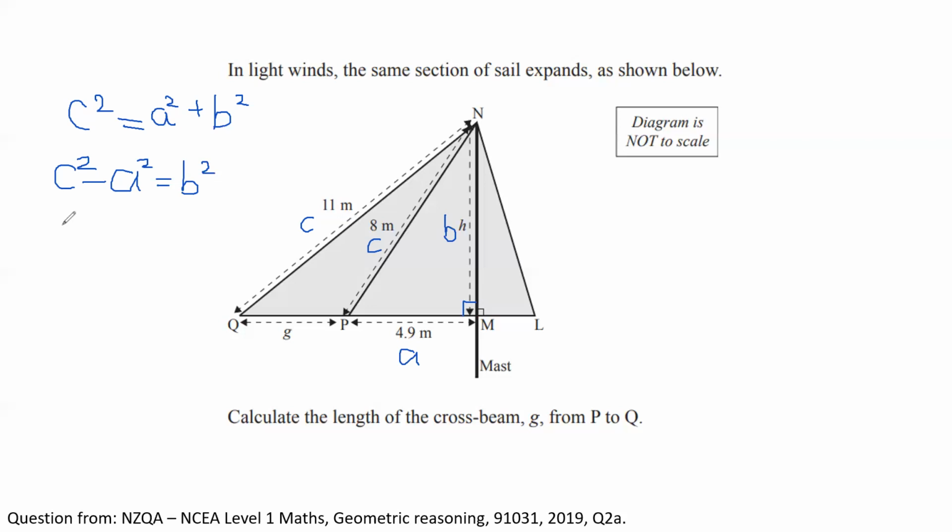So from that, we can do 8 squared minus 4.9 squared. And then if we square root the whole thing, that will tell us what B is. So if you were to put this into a calculator, you would end up with B equals 6.32